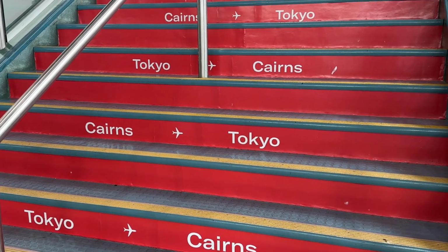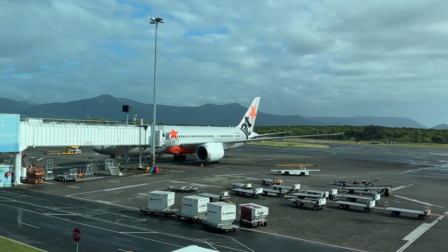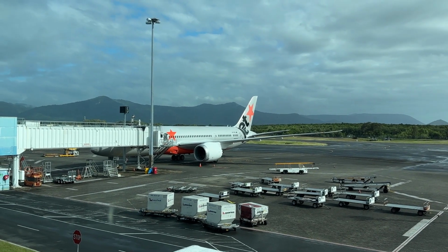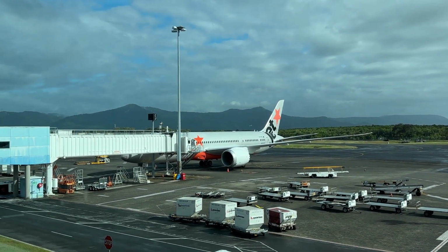And I'm also getting cooked alive here because it's quite warm. Outside is actually a little bit better, but inside the terminal it's quite warm. It's actually very pleasant outside. I think it's about, let's see, 24 degrees Celsius outside. It's a little bit wet, but it's like a tropical climate, but a little bit cooler, which is very pleasant. I wish I could stay a little bit longer, but